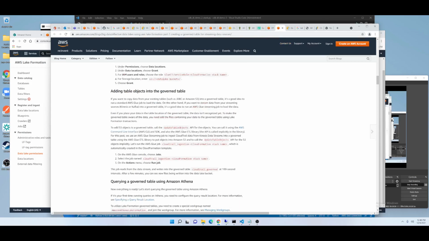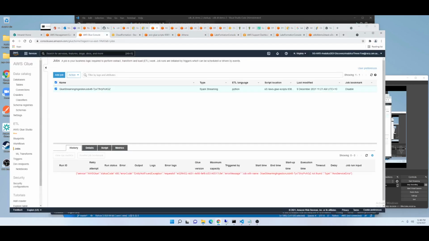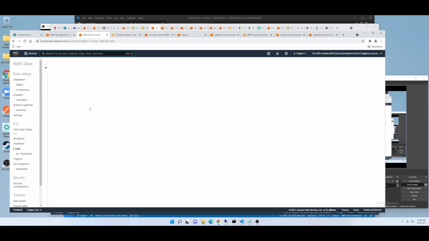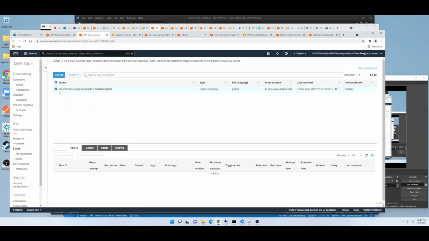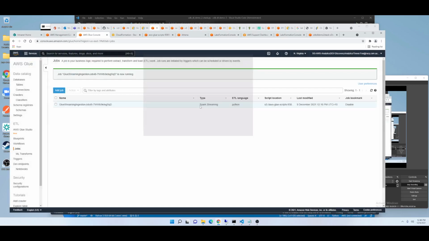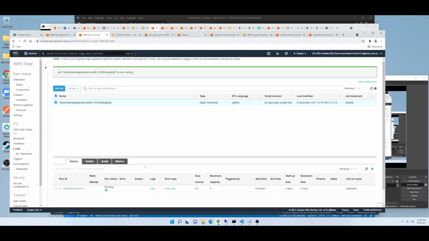Now for this example, it's slightly different in that what we have is actually a Glue streaming job. So here we've got a Glue streaming ingestion job, and I might as well run this while I'm here. So this is a Spark streaming job. It's written in Python. And what this does is,